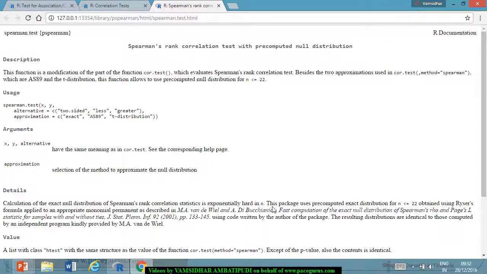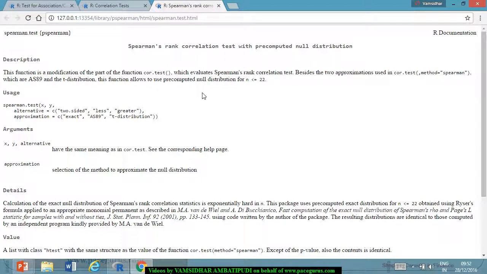This function is a modification of part of the function cor.test, which evaluates Spearman's rank correlation test. That is what we have already looked at. Besides two approximations used in cor.test, where we are specifying method equal to Spearman, which are AS89 and the T distribution,